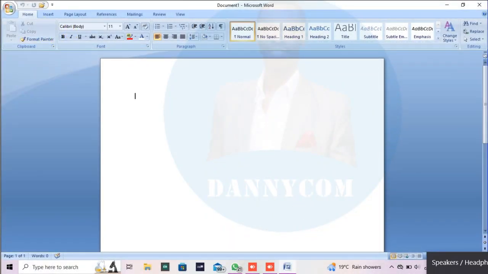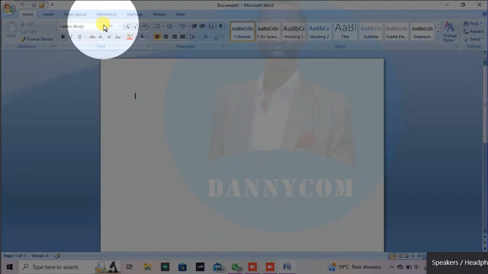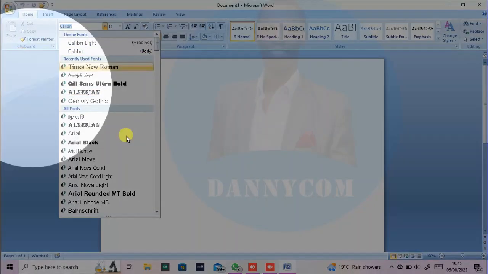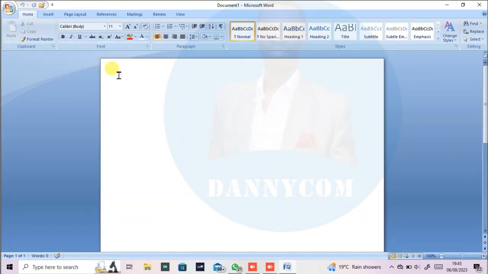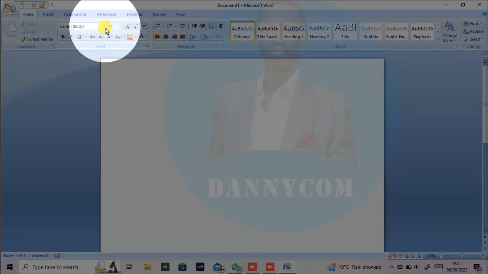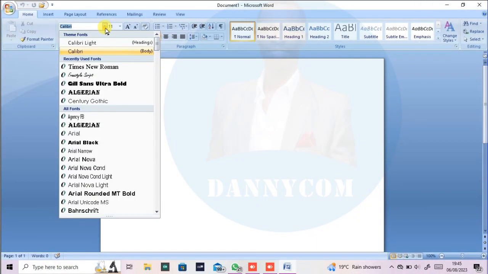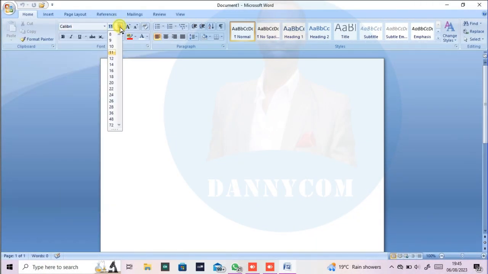The home button, we look at the font style. I'm just doing a recap or a revision before we continue with the other things we do for today. So under the home tab, we look at the font style, we look at font size, we also look at